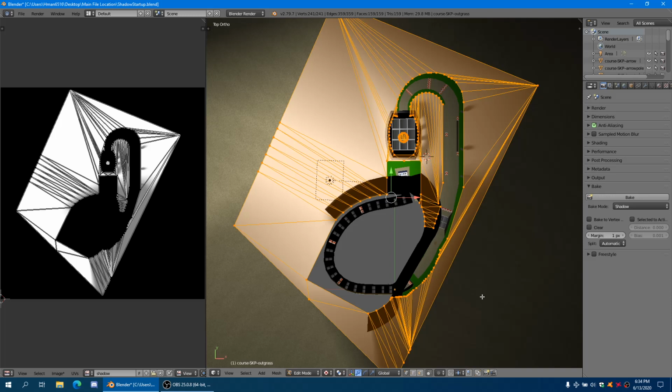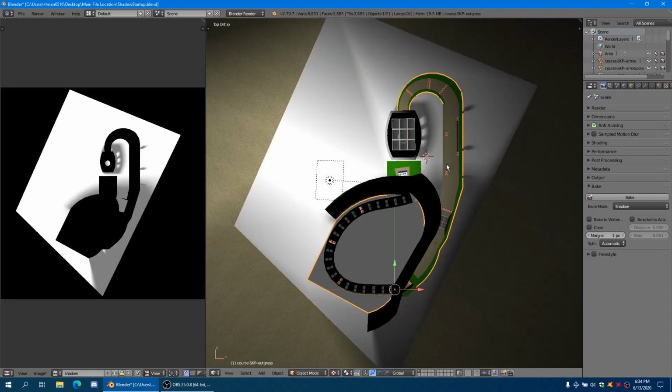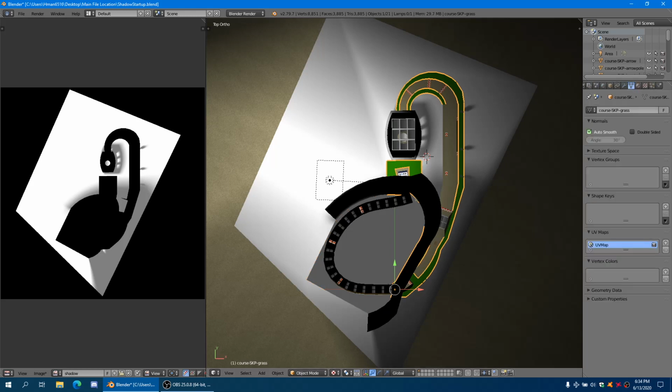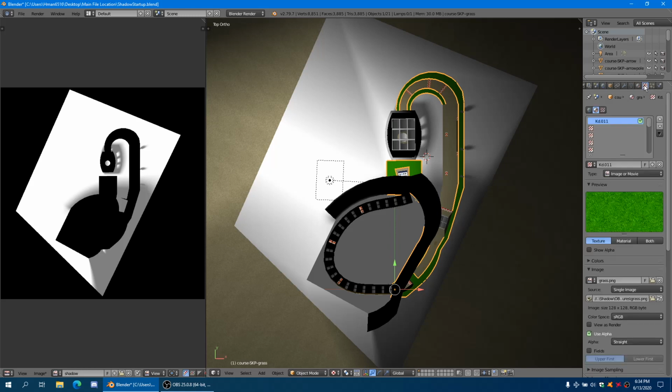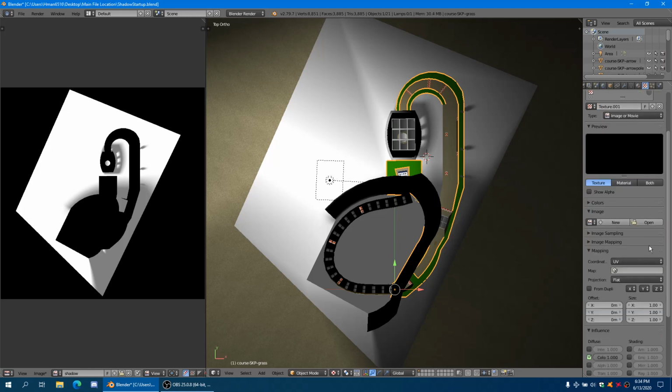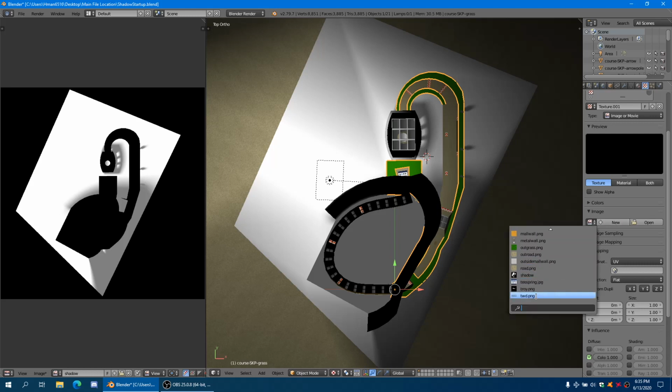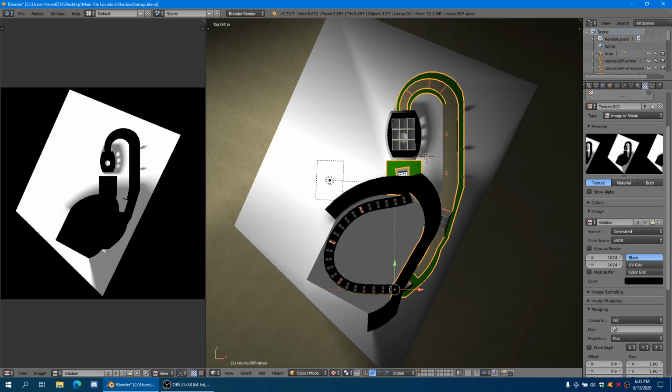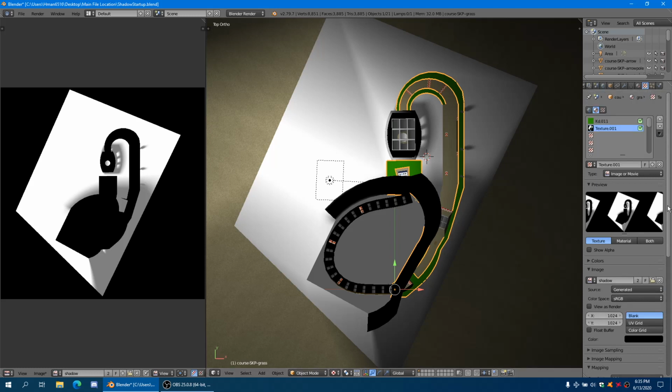So I'm just going to click Tab to go back into object mode, click my next texture, which is grass, by left clicking, come over here to data, add the UV map and switch it to the UV map. And this is practically the exact same thing you did to your first texture, but when you get here, instead of clicking new image, browse for the shadow image that already exists, and all you have to do is click it and it should appear, and uncheck the boxes again,